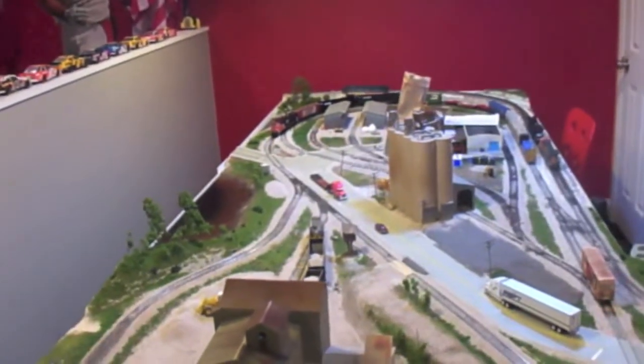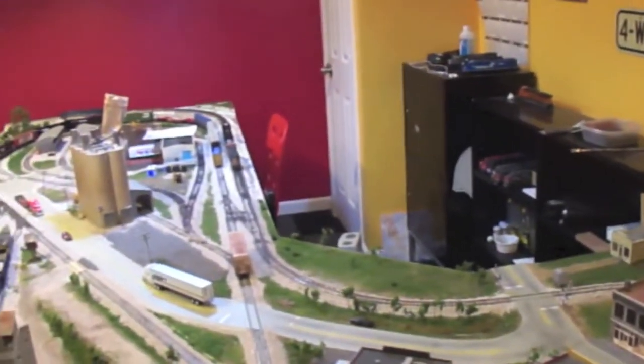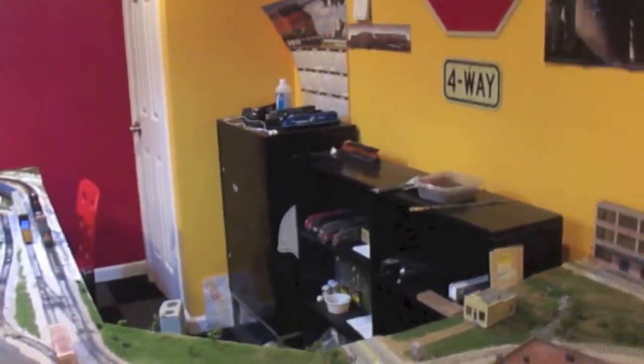So, I had been talking about the layout extension and what to do for that, and I was kind of stuck on what to do, and what direction it would go in, and I had a few ideas that you might remember. One of them just being like engine facility over there, and then an intermodal yard here, and maybe big industries here. That was one of the plans, and then I wanted to do a loop, but we have concluded